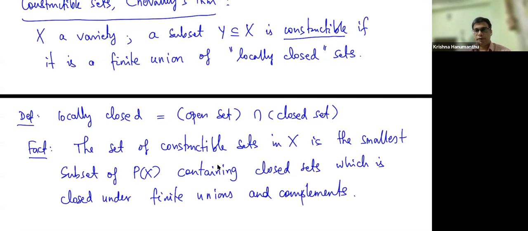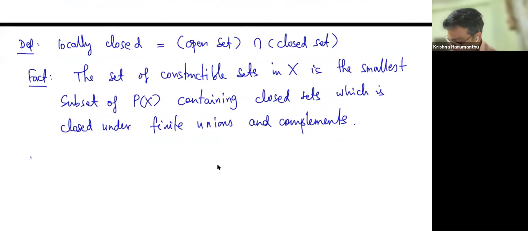Okay, so this is a sloppy way of writing it, but you start with the set of closed sets and you perform these operations and add more sets. You take finite unions and you take complements. So you immediately add all the open sets, and you take finite unions and finite intersections because you take complements. So that new and bigger set is called constructible sets. So you can construct them essentially starting with varieties. Closed sets are varieties, so you can construct them. And constructible sets have this nice property,